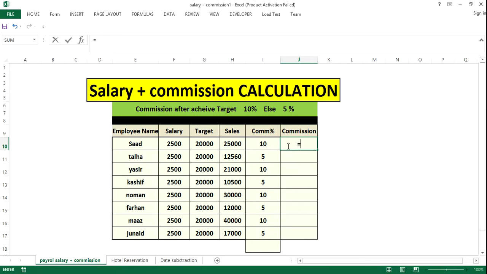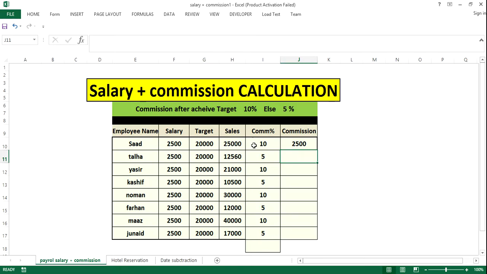Commission, we give commission, means here equal to this commission percent divided by 100 and multiplied by total sales, how much he has done.